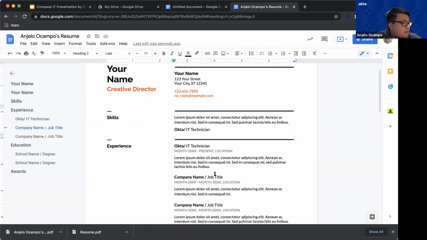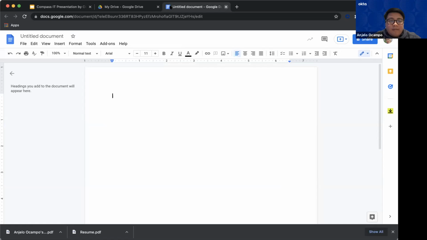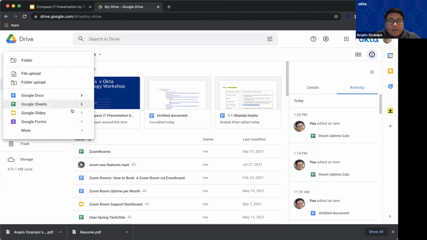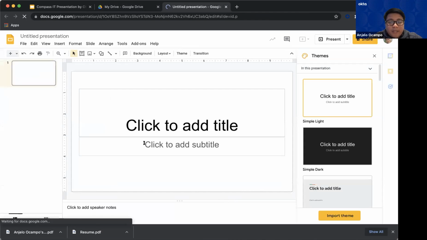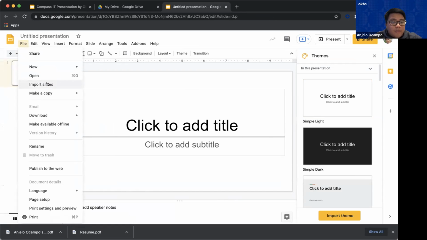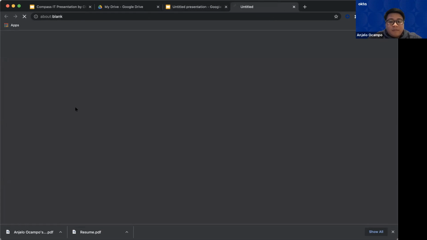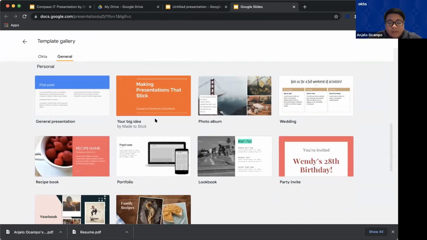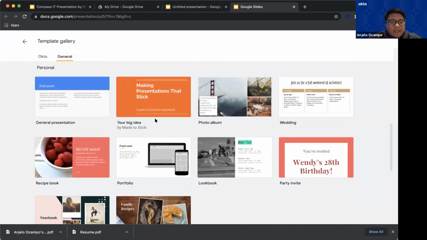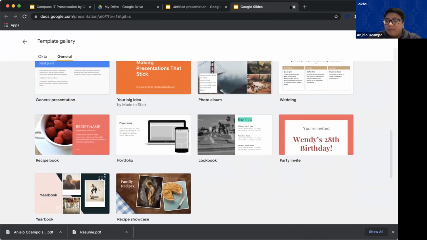All right. And yeah, so that's for documents. Other things that are on here as well. Let's say if I don't want to make a document, let's say I want to make a presentation like what we have now. You would go to Google Slides. Same thing applies. You can start from a blank template, or you can go to File, New, and then From Template. Then from here, there will be a lot of other things you can try, so you don't need to start from scratch. You can always get an idea first and expand on that idea.